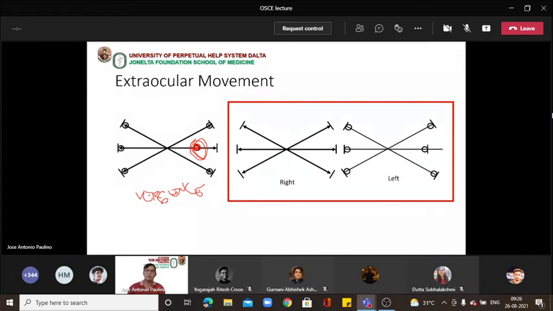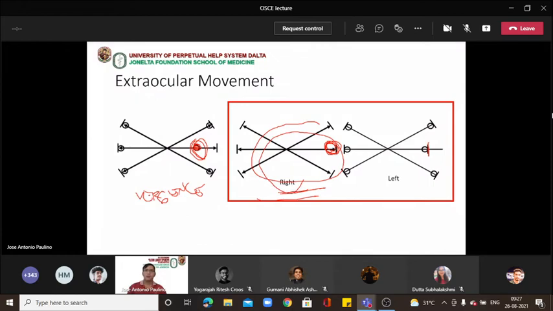Meaning, because the right medial rectus has already reached the apex, the left lateral rectus, even if it could do it, because the right eye is dominant, is told by the brain to stop. So we have to do one eye at a time. So we see here that when we did the right eye,